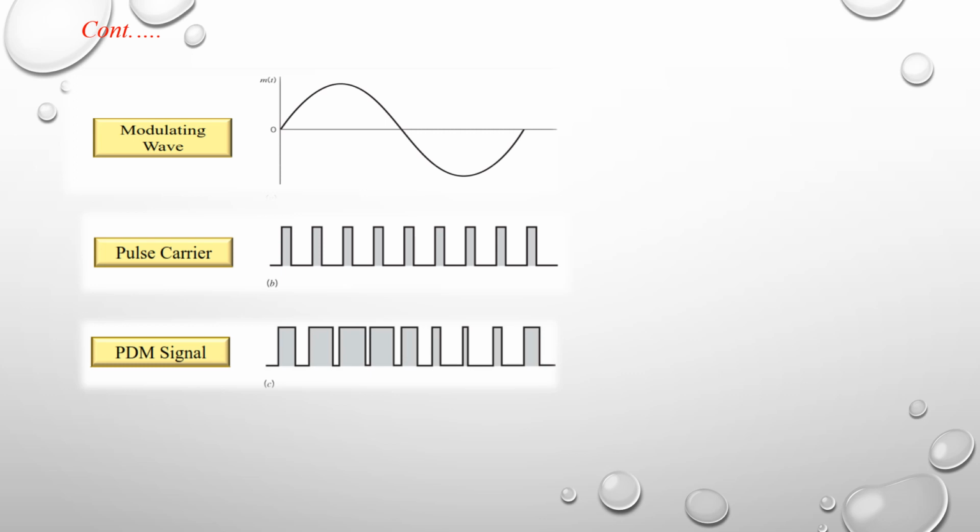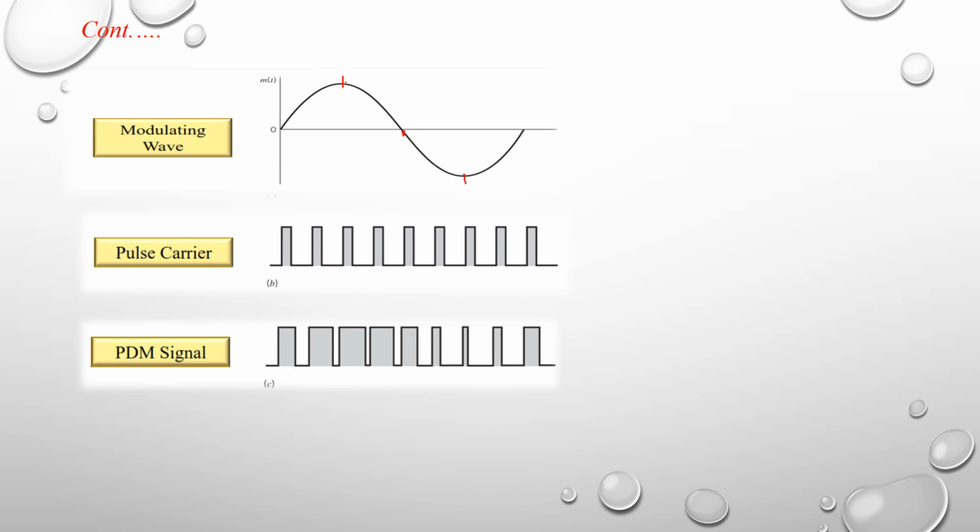We know that the modulating signal has two half cycles: one is the positive half cycle and another is the negative half cycle. Here the amplitude of the modulating signal is varying. In the positive half cycle, for example, take this as 0, and from here to here the amplitude is increasing, and this is the peak amplitude of the modulating signal, and from here to here the amplitude is decreasing, and this is the reference line with respect to positive. And with respect to negative, from here to here the amplitude is decreasing, and from here to here the amplitude is increasing.